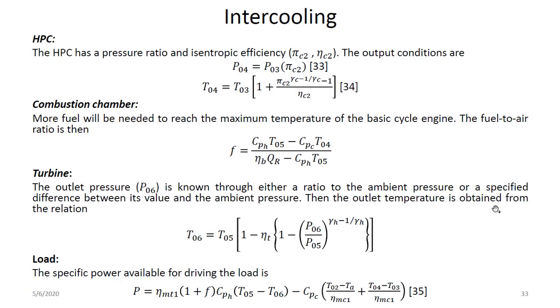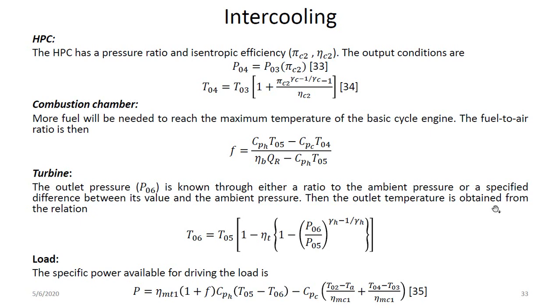and is given by this formula, and these formulas, by now, shouldn't be hard for you to understand. They're exactly the same as the previous ones. You just look at where that module is situated and the adjacent module to it, then you can make that analysis. And in the combustion chamber, the fuel air ratio is given by that formula. And in the turbine, the exit temperature of the turbine, which is T06, will be given by this relation,